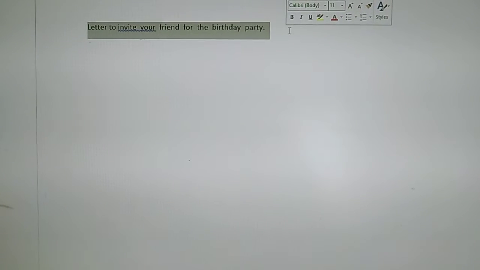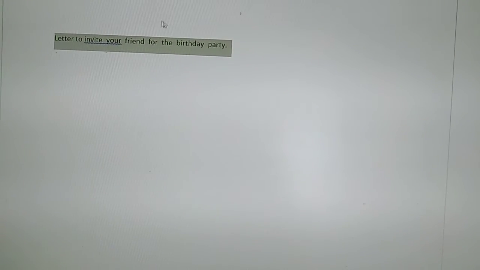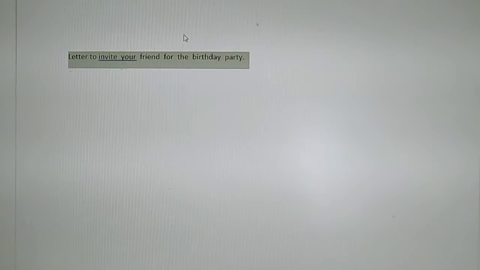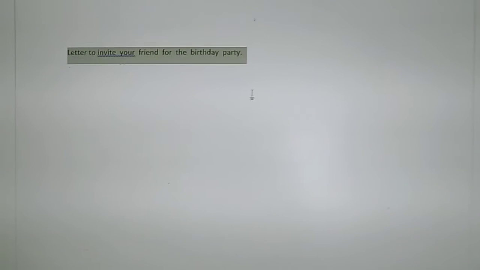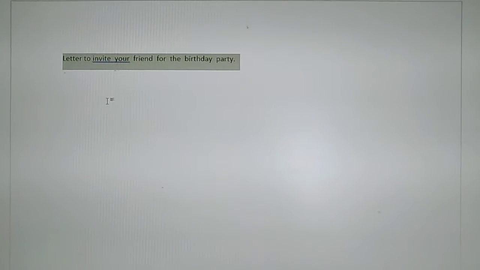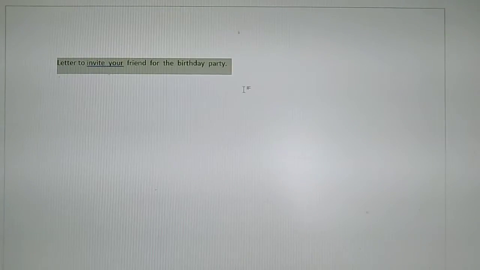Now children, in this chapter 3, creating a Word document, there are many commands which are to be done. I'll teach you step by step how to format a document. We have already created a document by going to file and new. Now we will do the formatting part.